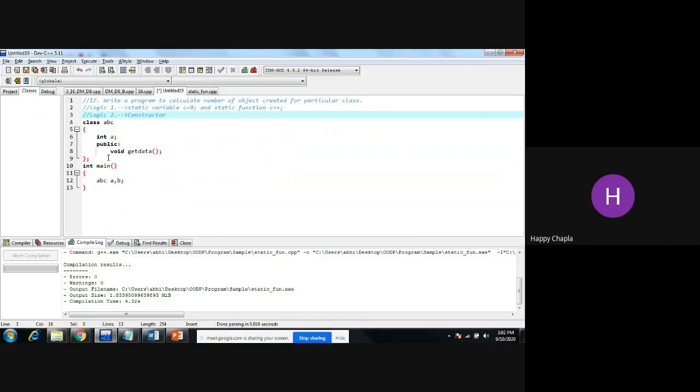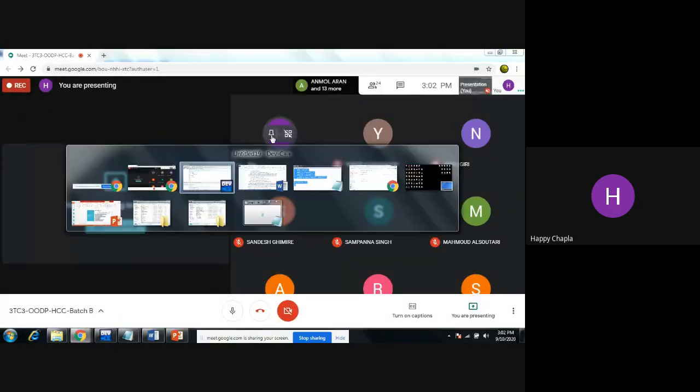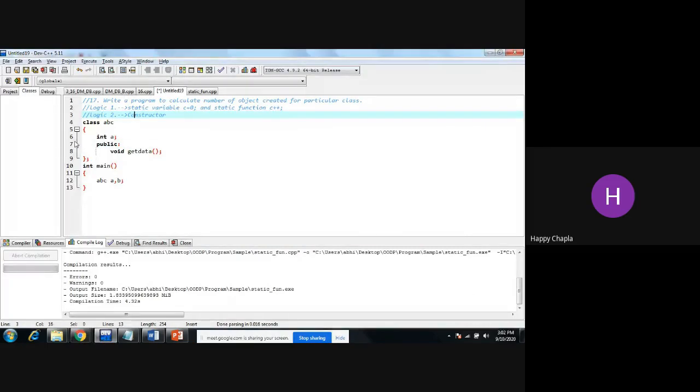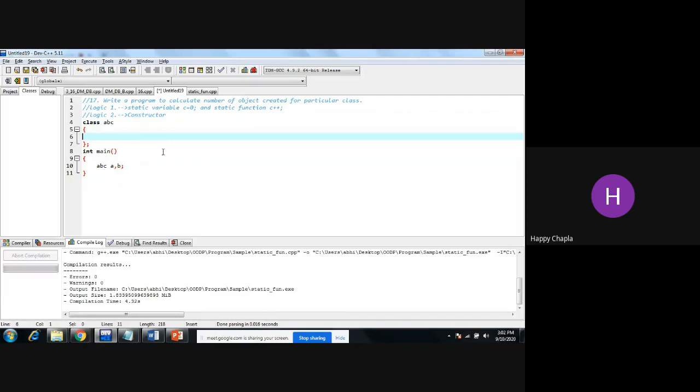Another logic: you can implement the constructor concept over here. Okay, so let's discuss the constructor concept. Okay, so we have one class.